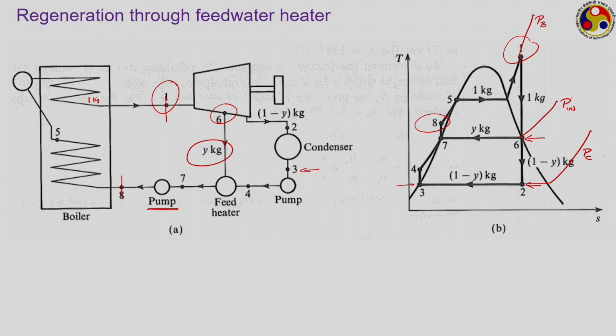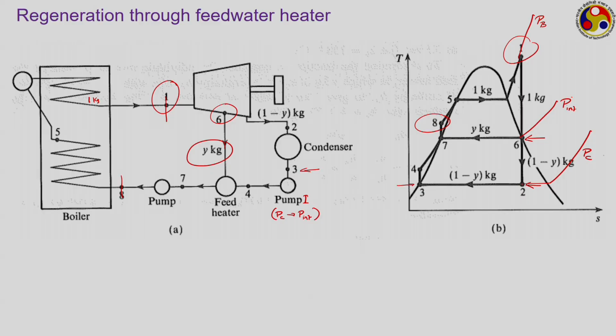So, there are two pumps. The first pump, pump number 1, is raising the pressure from the condenser pressure level PC to that intermediate pressure level, and once it reaches the intermediate pressure level, now we have a feed water heater, which is nothing but a mixing chamber kind of thing. The condensate that is coming from your pump number 1, and also that y kg of steam that you have extracted, often called the bleed steam, that is coming from the turbine, are allowed to mix in the feed water heater, and therefore, it forms a mixture of